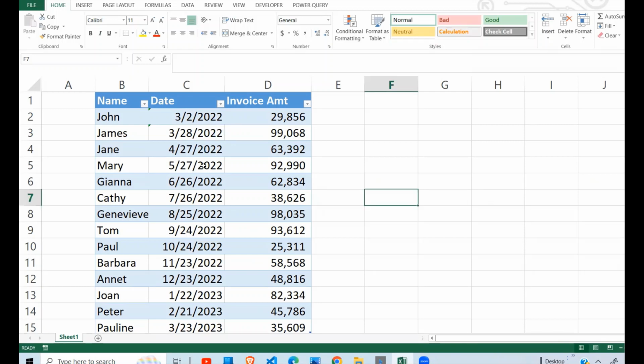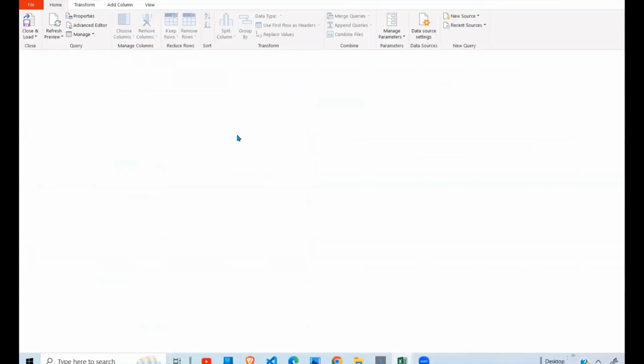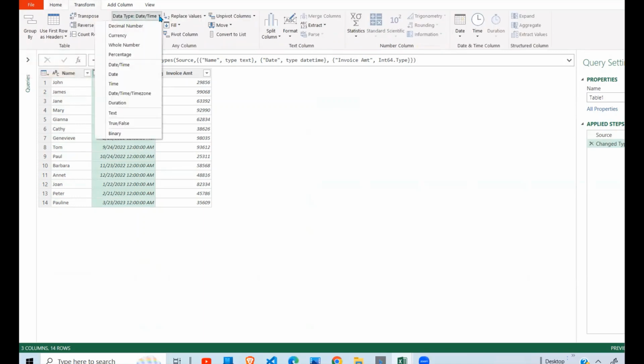So I have Power Query as an add-on. I click inside my table, go click on Power Query, data from a table. It loads. This one is going to load my data into Power Query. It has already done it like so. And next, what we're going to do is to change this data type first. Under transform, I want a date, like